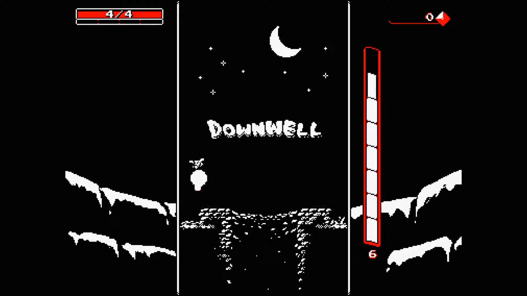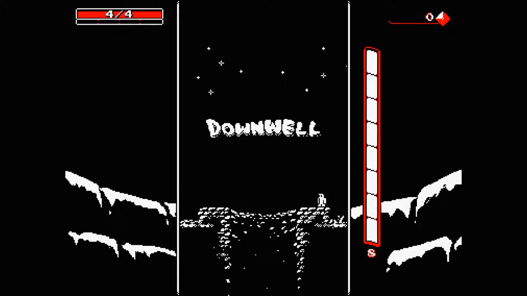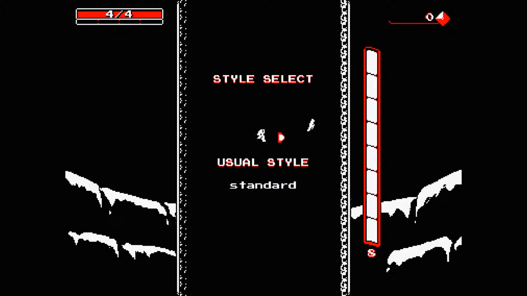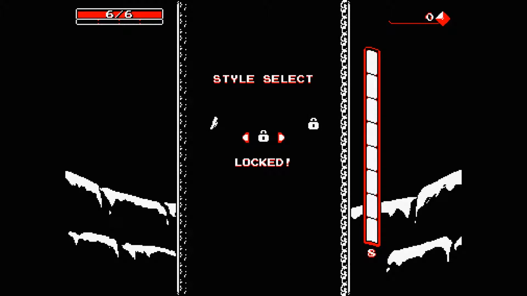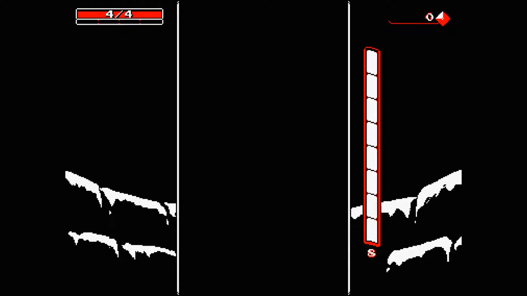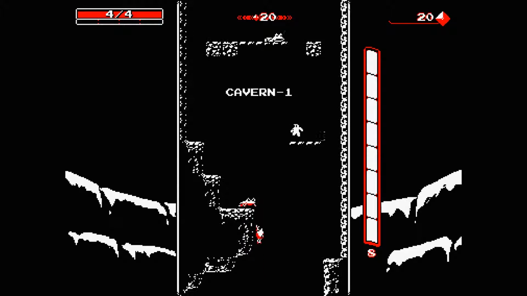So here we are. We're this guy, and we're going down a well. Simple as that. Also, we have gun boots. They're boots that are guns. It's a novel idea. I like it. Pick a style. We're going to pick this one. These different styles you're earning over time. They give you some minor changes to the gameplay. Not a huge deal. The base thing stays the same no matter what, and we're just trying to